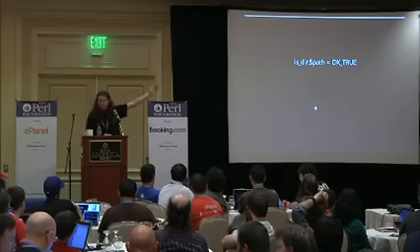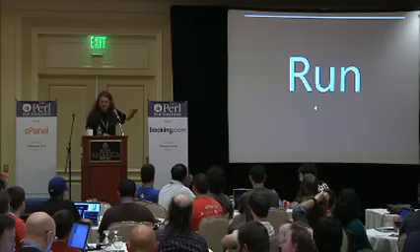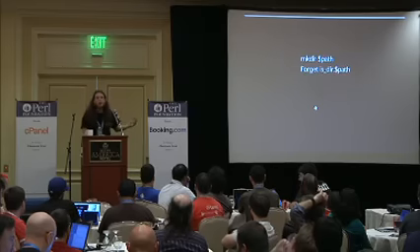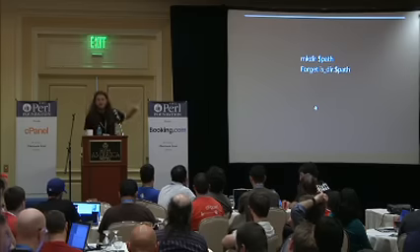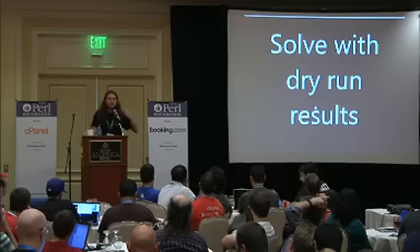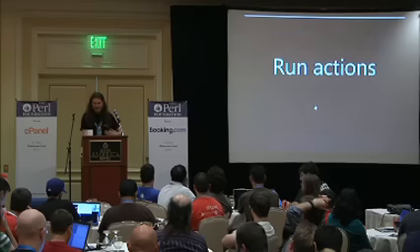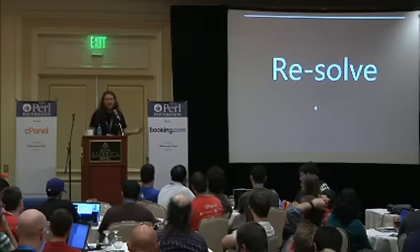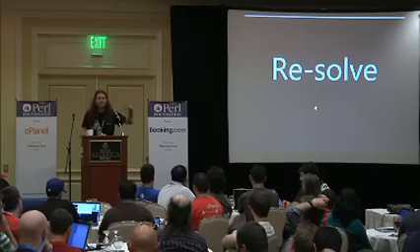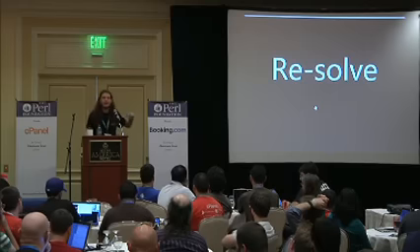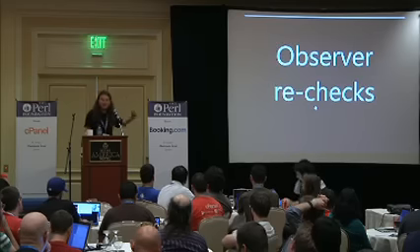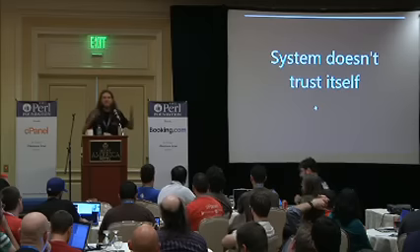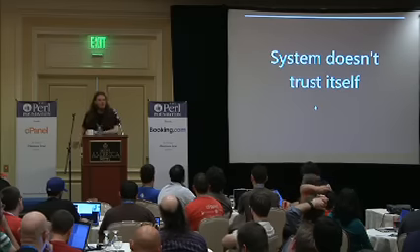So if you say for something like, this path as a directory equals true, it can either go, yes, it already is, that's great, or it can issue an action that makes the directory and says, forget that value. So you solve with the dry run results, get a complete set, run the actions, and then it resolves, and at this point, it hasn't recorded is dir is true, it's recorded is dir is unknown, which means the observer ends up going and rechecking it, which means it always actually verifies that it's got the right results,